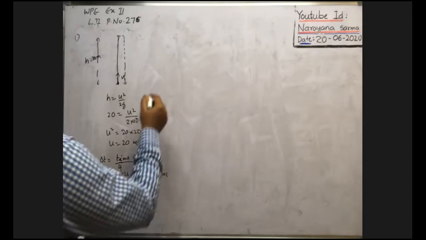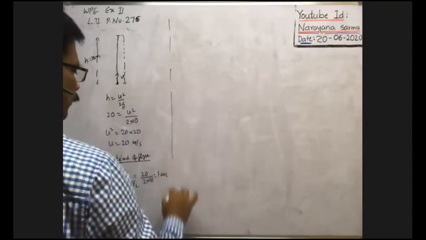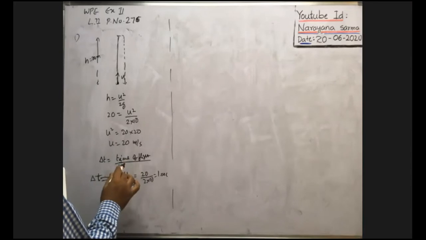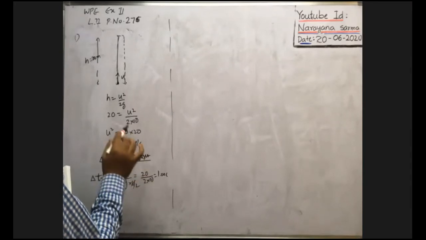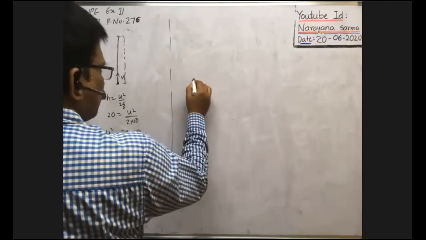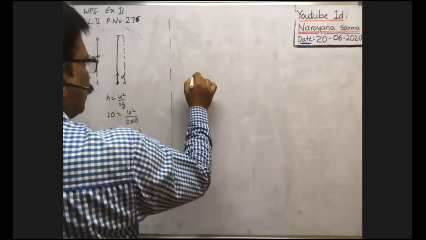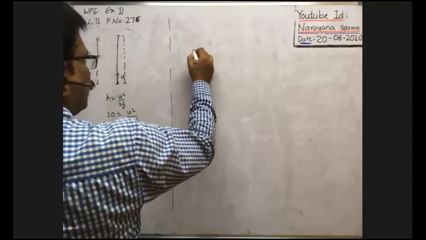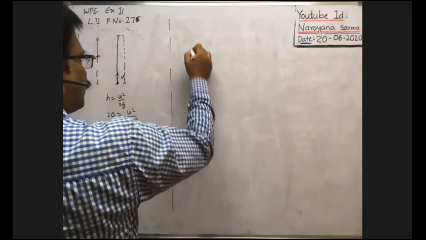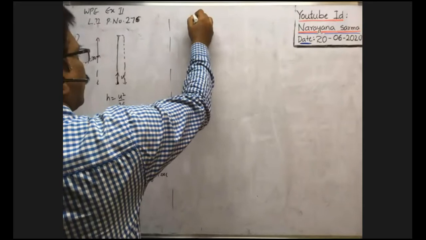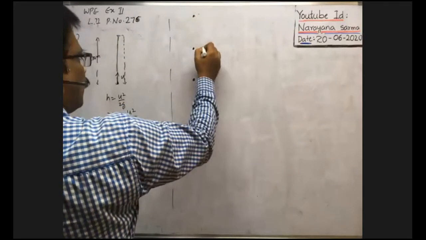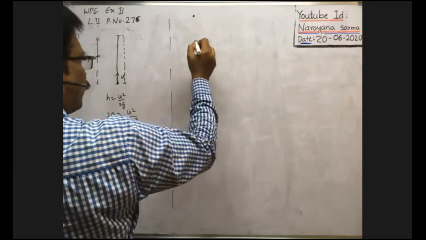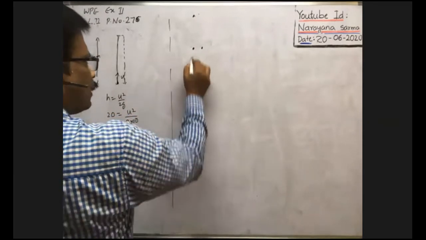You see here, whatever the positions of the balls, no doubt time of flight is 4 seconds, which means time of ascent is equal to 2 seconds. So from this position, suppose the juggler throws the balls. In 1 second, the ball reaches this position. In 2 seconds, the ball reaches the highest point. In 1 more second, the ball reaches the position here. In this way, he throws the balls. You see, 1 second, 2 seconds, 3 seconds.